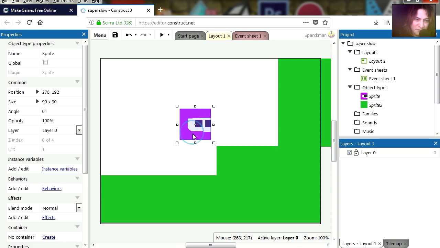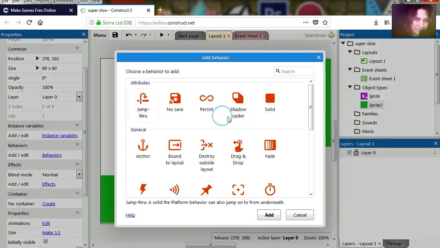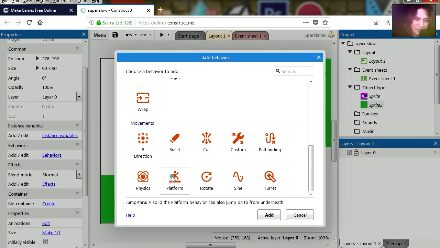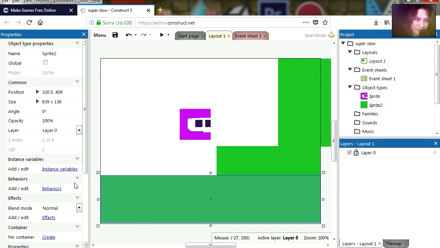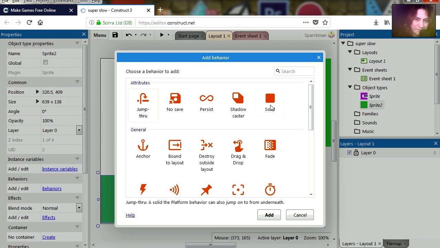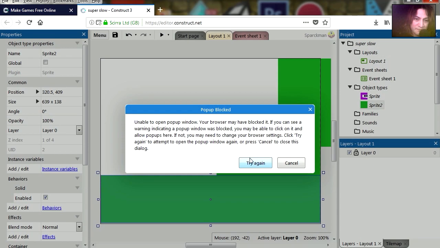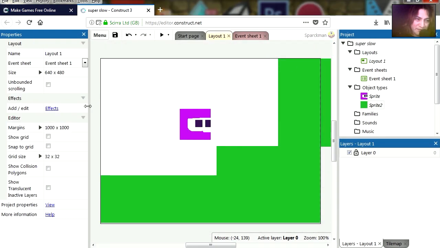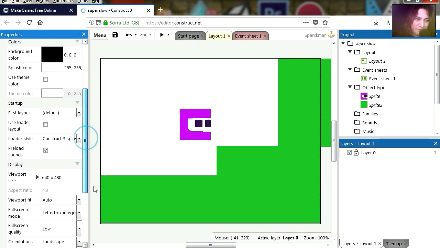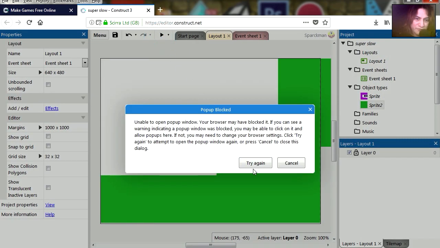smaller. So let's make our object a platform object. Add a behavior. Scroll down to platformer. Close that. I'm going to make the ground a solid object. And let's run this. Let me maximize this. Click on the stage, view, and let's set the full screen mode to scale outer. Try it out,